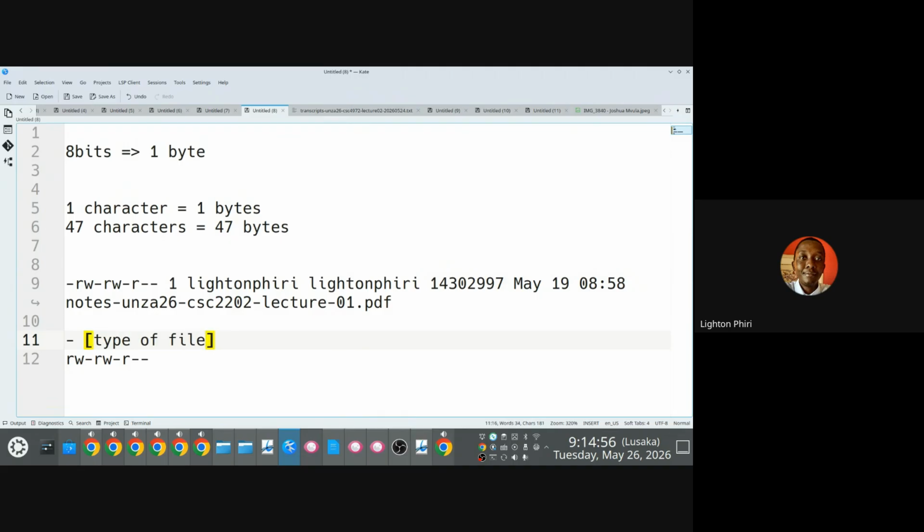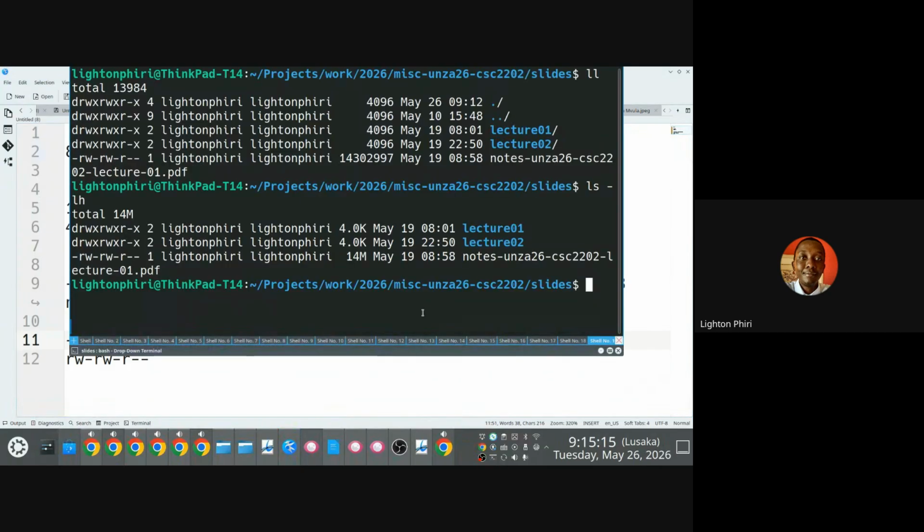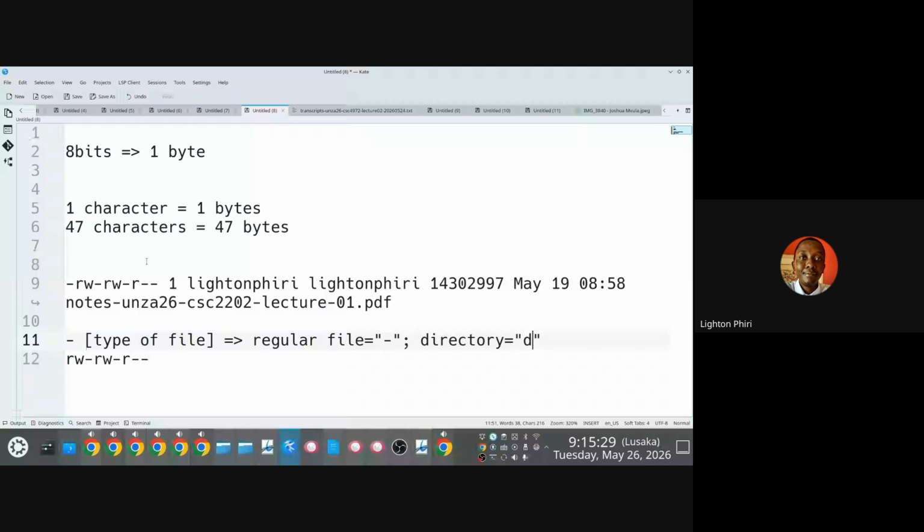There are two types of file in the Unix-like operating system. Regular file is equal to this. Directory is equal to D. There's a reason why. If I come here, the thing that is in blue, D. Directory, D. Regular file. It's not a container structure. Minus, hyphen. What else? It told you that